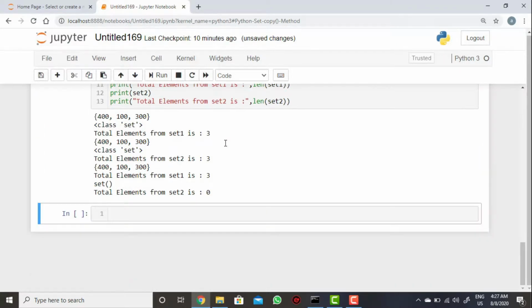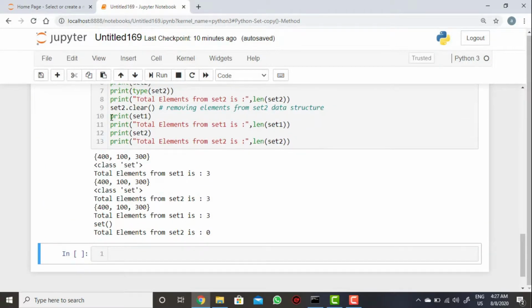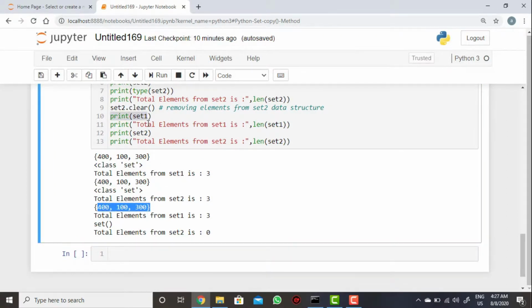Okay, so now let's see. Print of set1: the values will be the same after clear also. From set1 the values are not removed and not deleted. The total elements will be the same, that will be 3 as it is. Even when we use the clear method, the values will be the same.